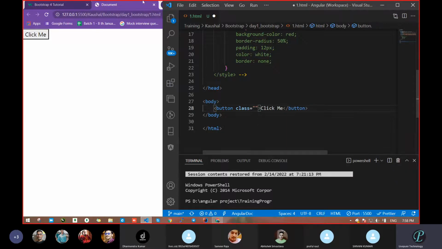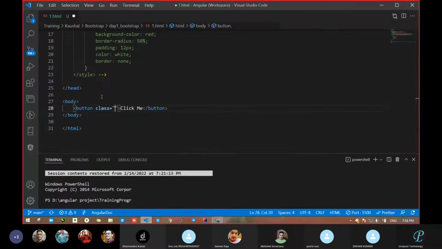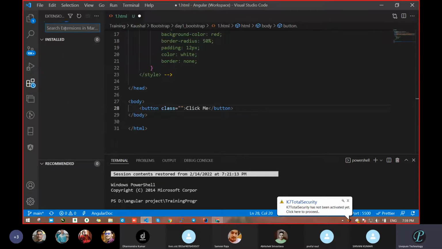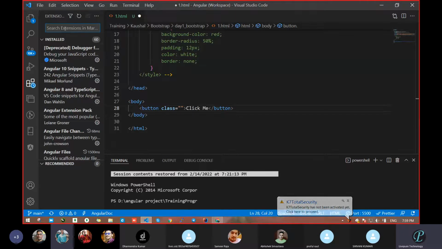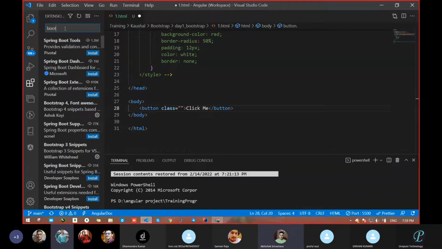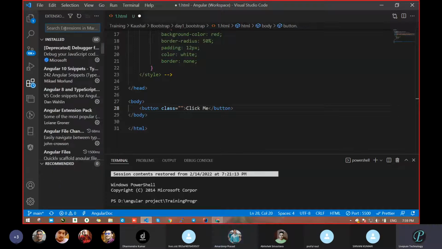Wait one second, let me install one extension. I don't know whether you had installed it or not. Had we installed any Bootstrap extension here in the marketplace? Yes, sir, you already installed. Okay. One thing: for the class name button, we have to remember the classes of Bootstrap. Within one week, you will remember our classes. Don't worry. We will get that session automatically where you have to add that.